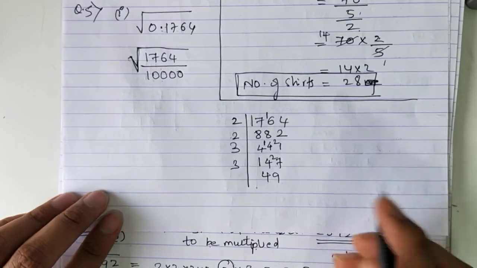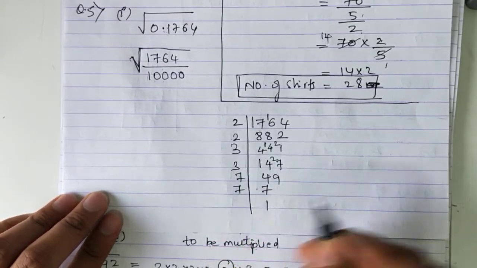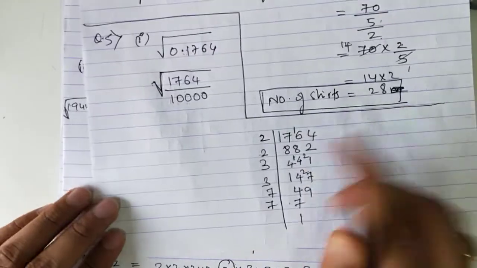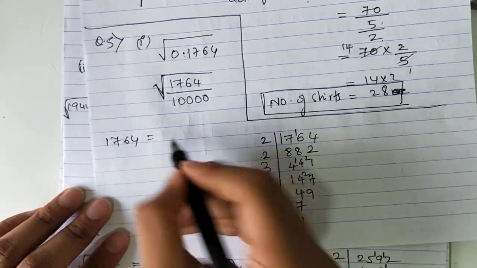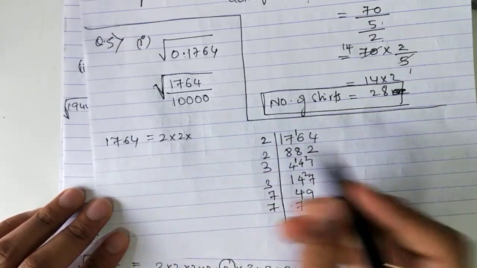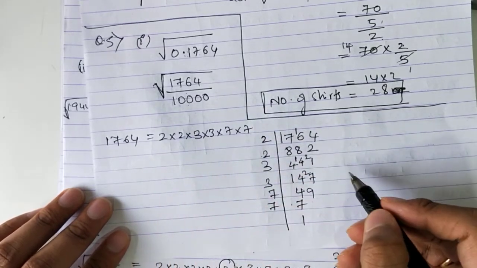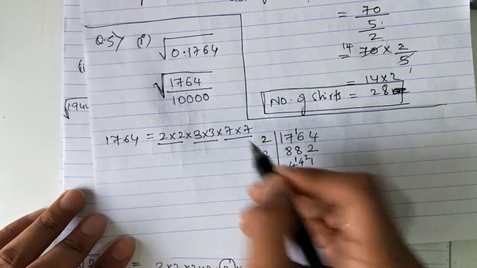3 nines are 27, 7 sevens are 49, 7 ones are 7. Okay, so that means you got 1764 as these pairs: 2 into 2, 3 into 3,